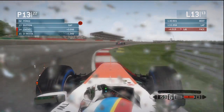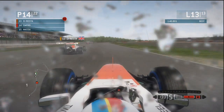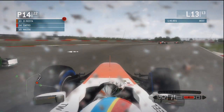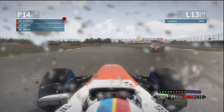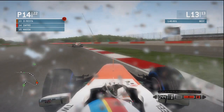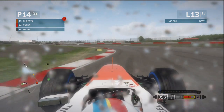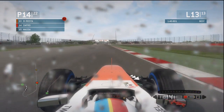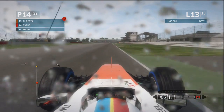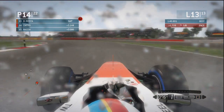This race has started so promisingly. I literally just can't do any fast reactions here. Frustrating because I could have been on the podium here. But you need to be on the right tyres at the right time, and partly my fault, partly the team's fault that they didn't put me on the right tyre, but...